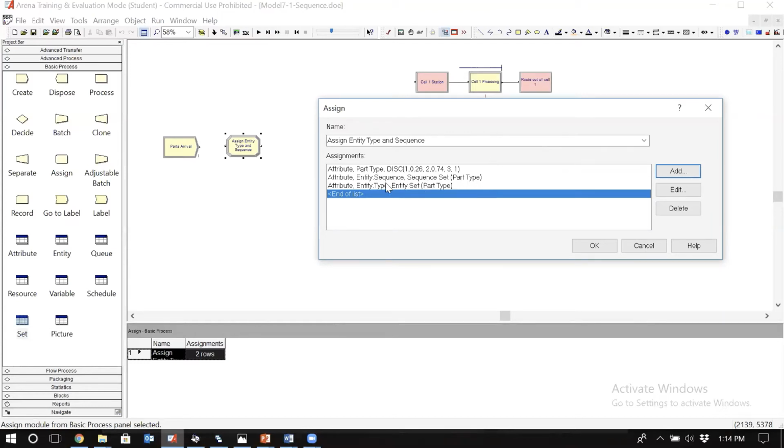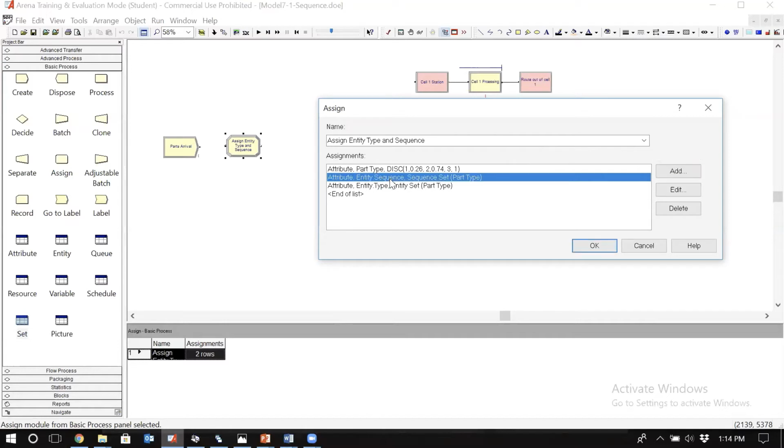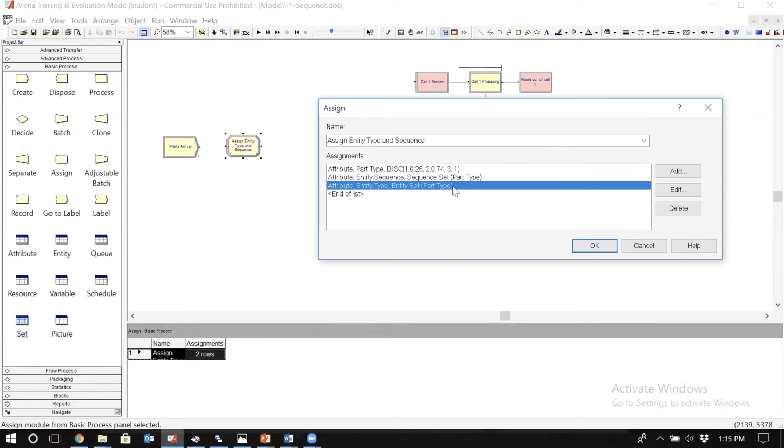Then we assign them the right sequence from this sequence set. And then how do you know which member of the sequence set we have to pick? I'm going to look at the attribute part type again. If it's 1 or 2 or 3, I'm going to pick member 1 or 2 or 3 of this sequence set. And then lastly, when I want to assign the entity types, I'm going to,